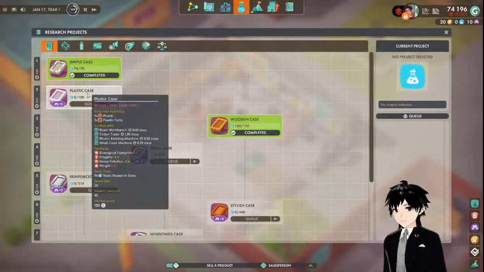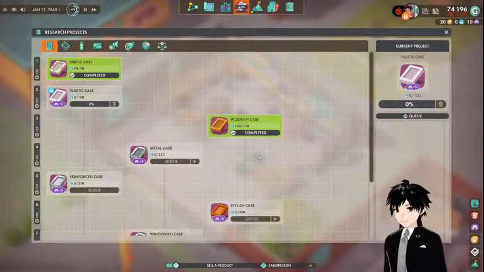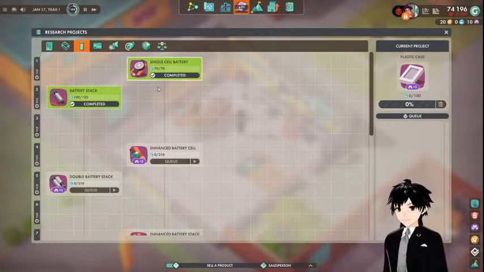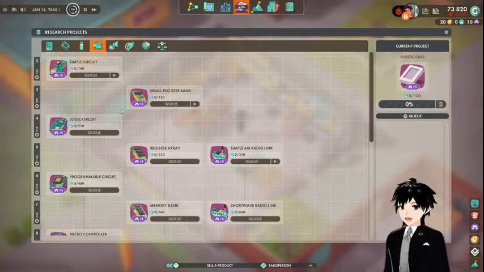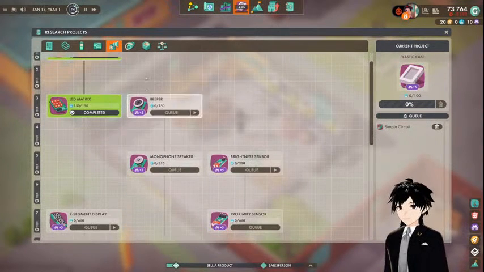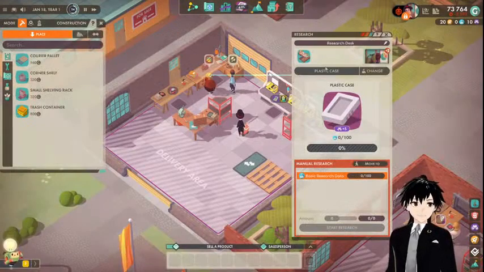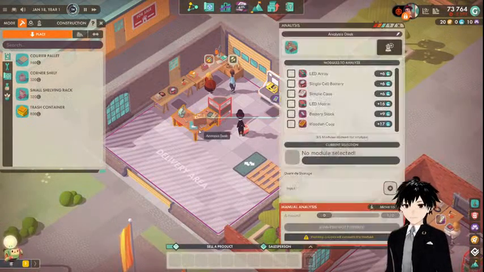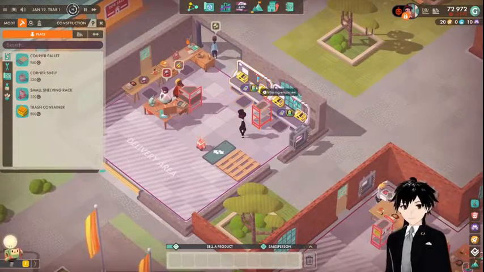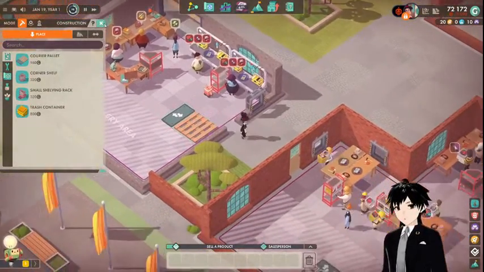Tree. Plastic cake. Chassis jets, batteries. We could use some circuits. Yeah, we don't. Batteries. Yeah. Oh, what are those courier boxes that...